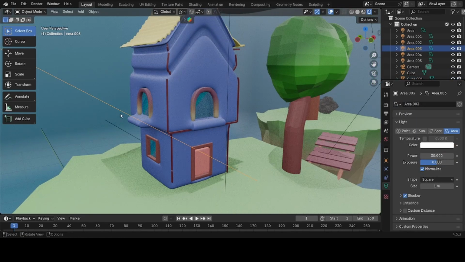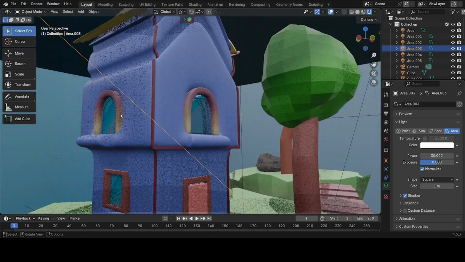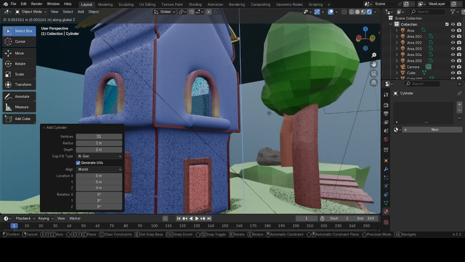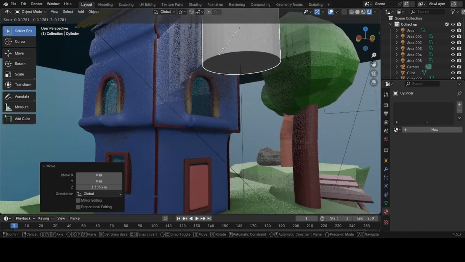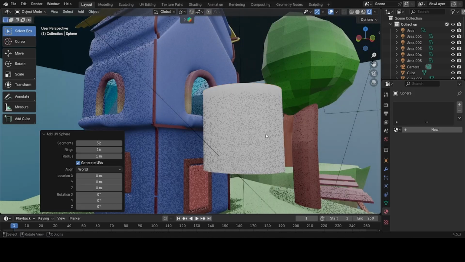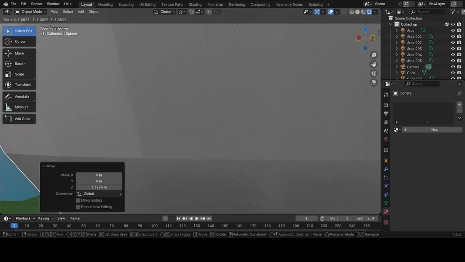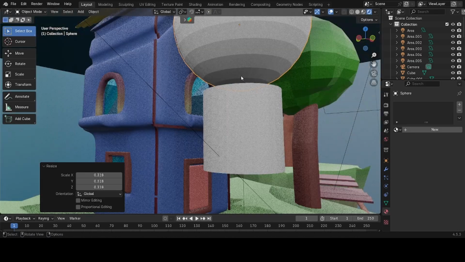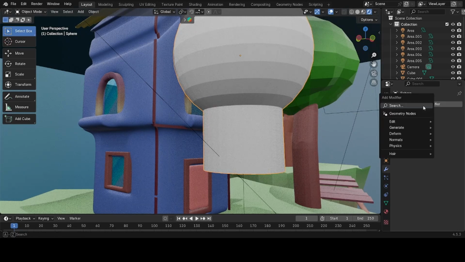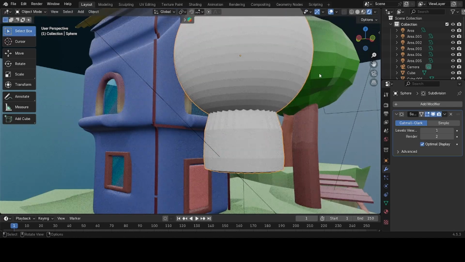So how should we add a knob kind of thing to it, like more detail in depth? I guess we can again add a cylinder and grab it up, and we'll make sure we scale it or else it's too big. We'll add a UV sphere, grab it up again, and make sure it's not that big. So we'll scale it and grab it down. We'll join it and add a subdivision modifier. We'll press Control R, grab this down, and yeah,